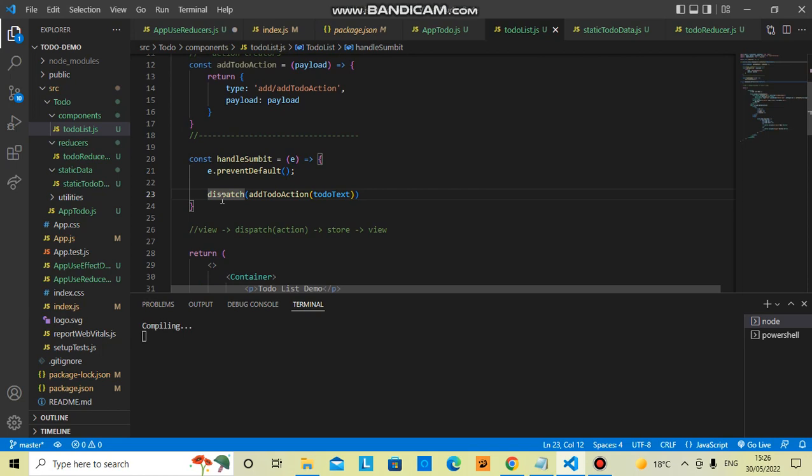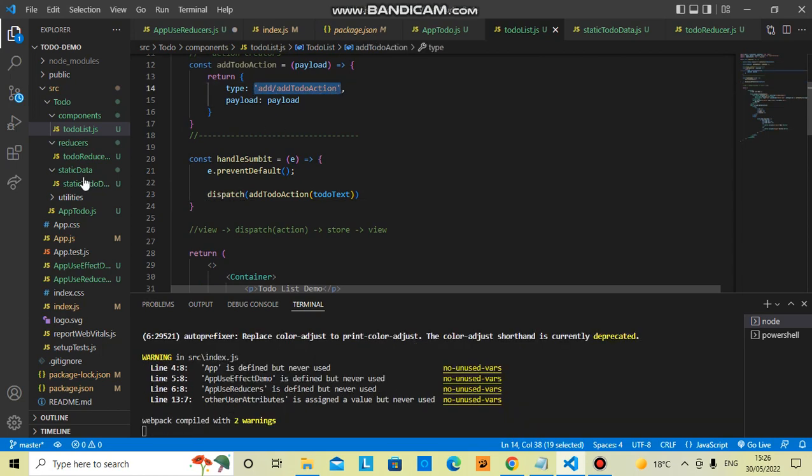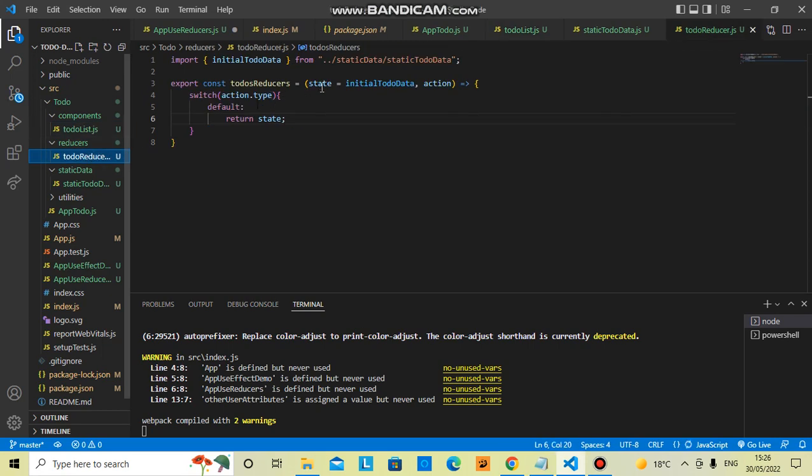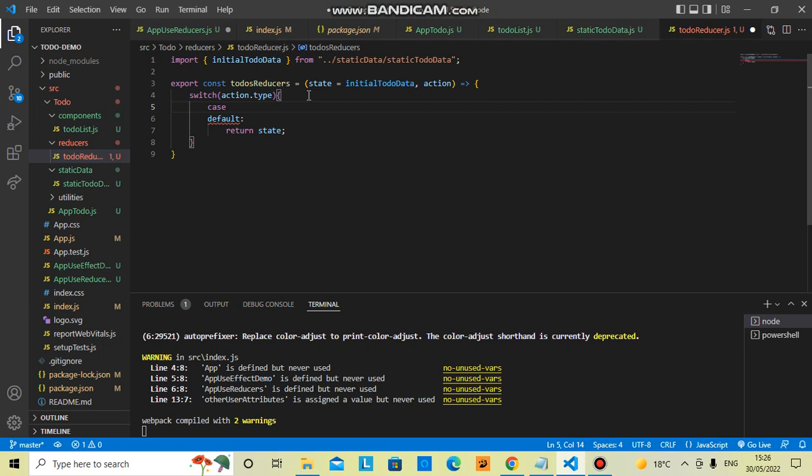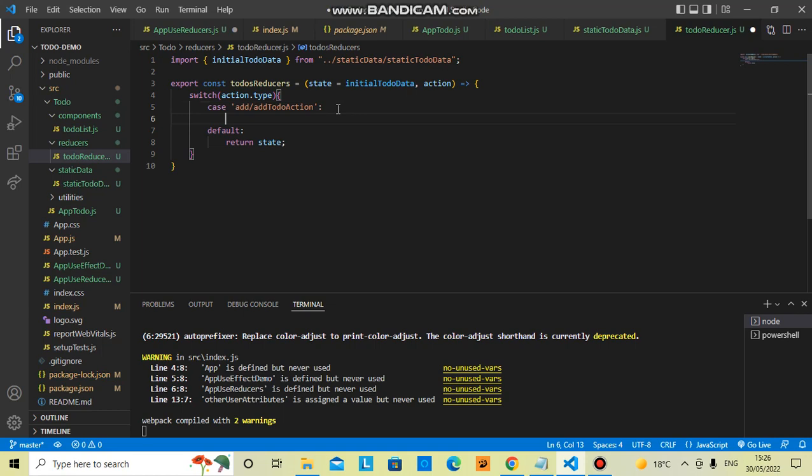So let's move back to our store. That's where we switch action type to keys. So when the action or the keys is add slash action to-do, what do we need to do? You're going to probably use immutability to add data. So what we'll do is